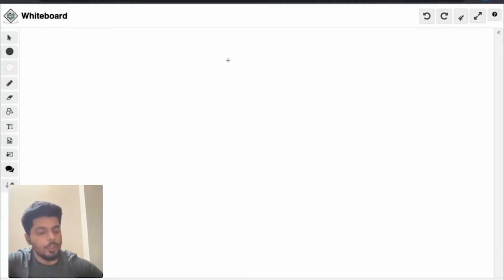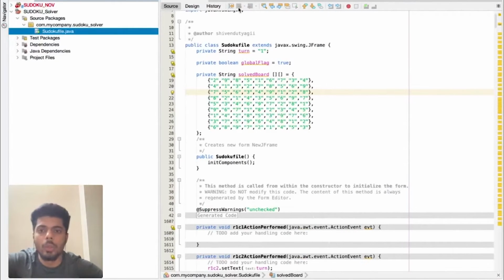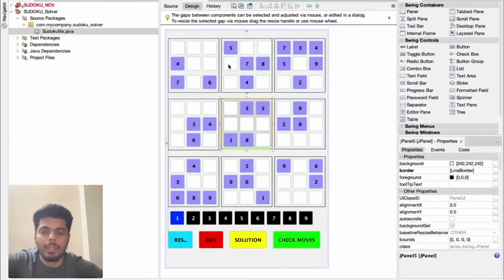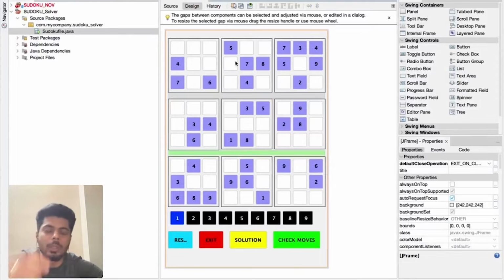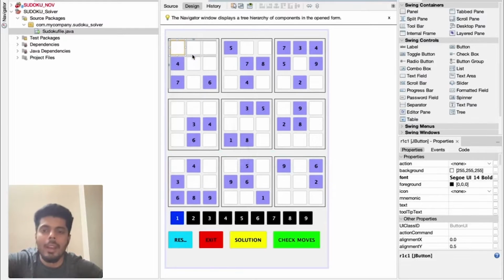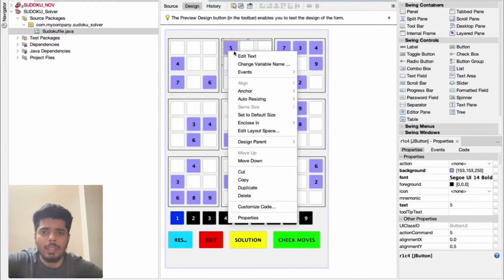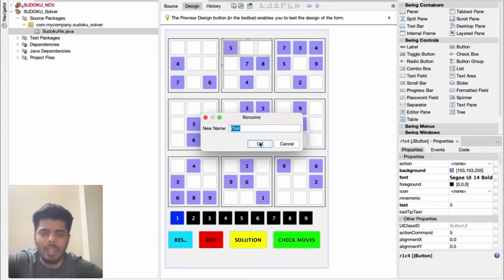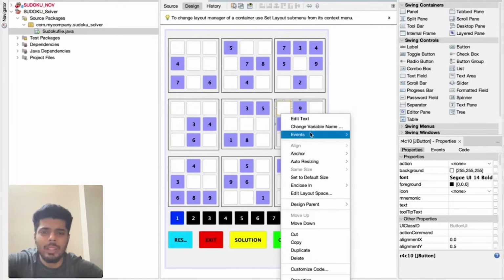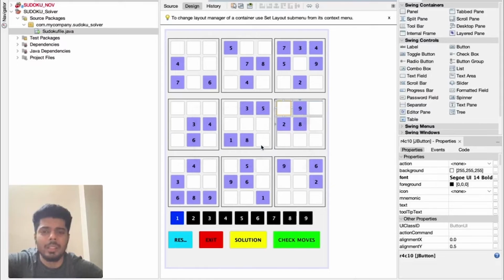In this session, we are going to focus on the coding part of our Sudoku solver. As you can see, I have completed the Sudoku layout. This is how our Sudoku is going to look: these are the 9 number buttons we discussed, these are the 4 functionality buttons, and these are the grids. Inside the grids we have 9 buttons in every single grid. I have named them accordingly: R1 C1, R2 C2, R3 C3, and so on. You can see every naming convention is in sync now.